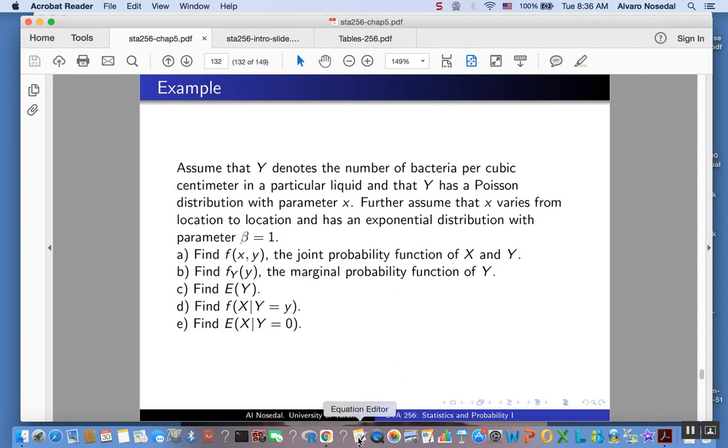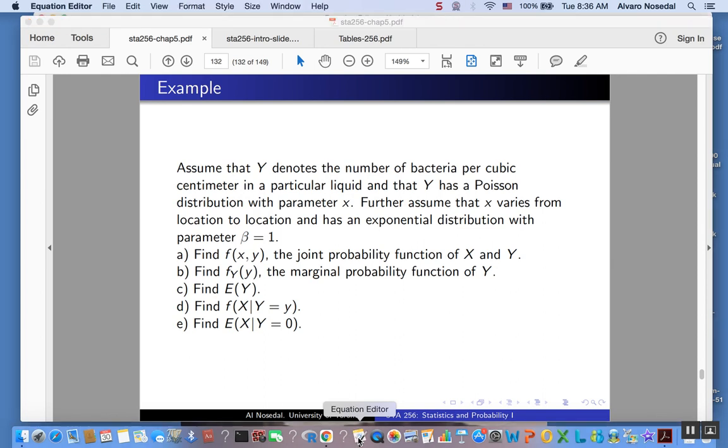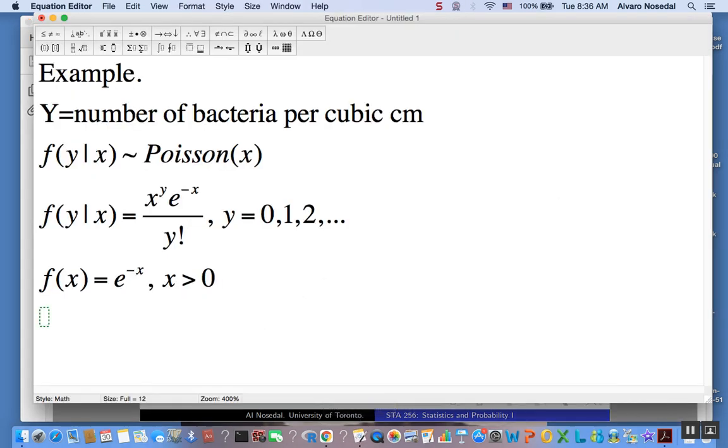Okay? So our first task is finding that joint. Note something interesting here, right? We have that conditional PDF, and we have this, you can think of this guy as a marginal. This is the marginal of x, right? And then we go,